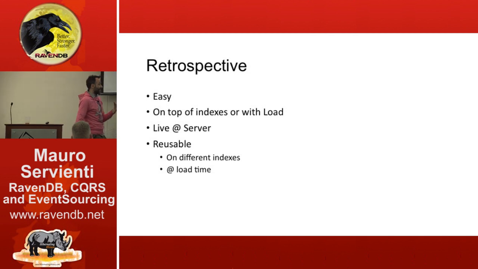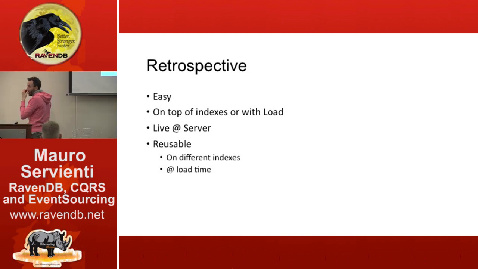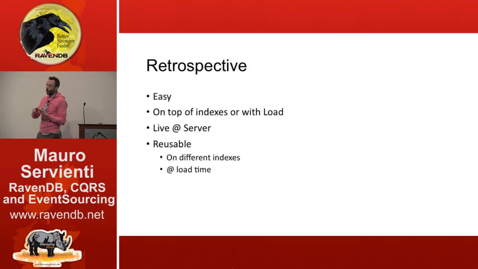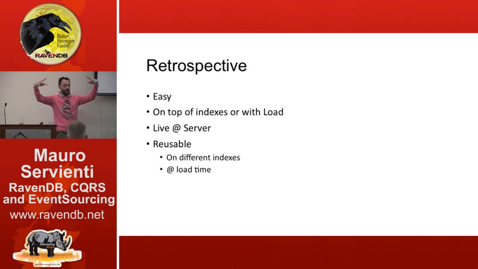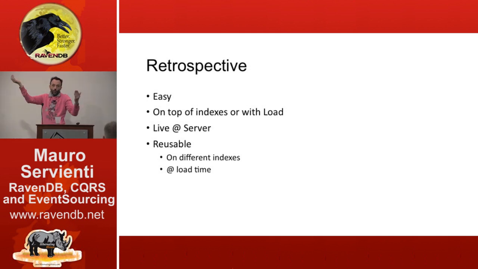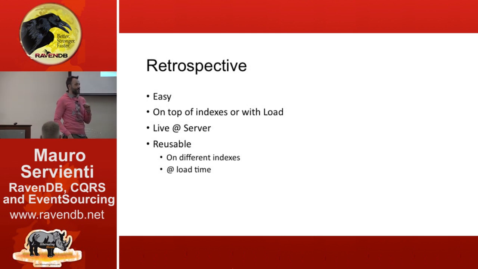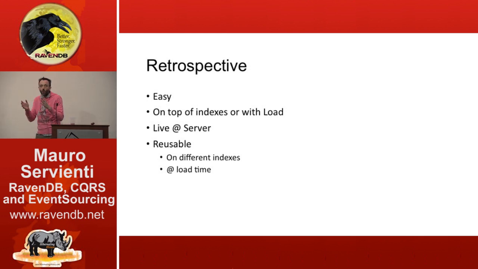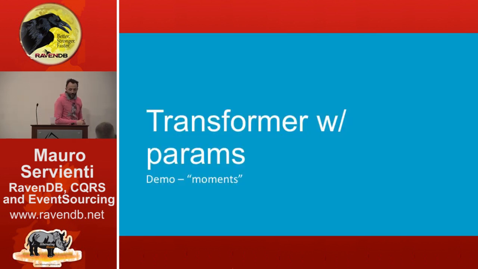So the transformer is pretty easy. It can be used on top of load or indexes, because with the same API that we use on load, we can use .transform with the name of the transformer, and the transformer will be used at query time. The interesting thing about transformers is that they can be reused. So we can design a transformer to be used in more than one scenario to achieve maybe similar results. One other thing I really love is the fact that we can pass parameters to the transformer,